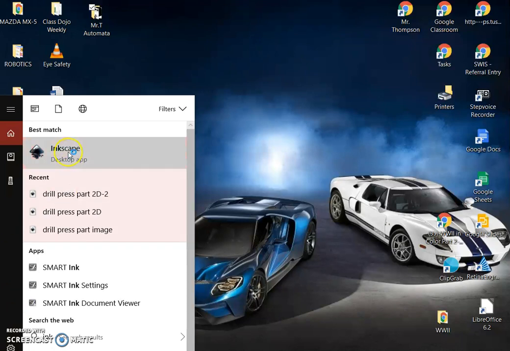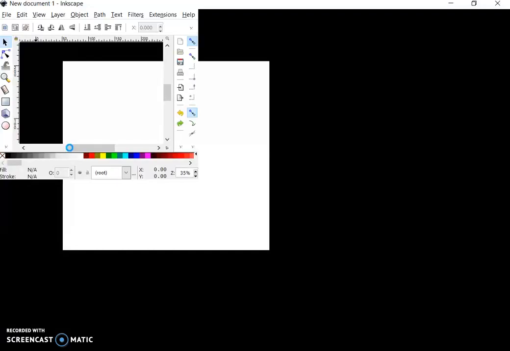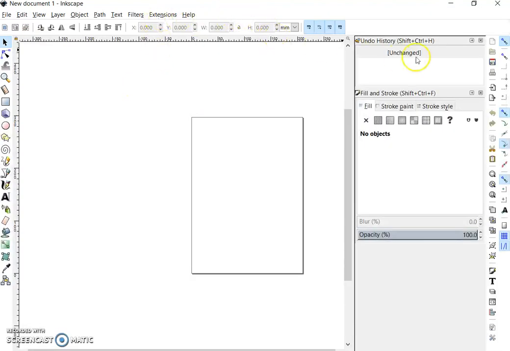Inkscape. I just searched for it this time. Open that up. Okay. Sometimes that takes a while to open. It's kind of strange. So be patient on that. This one's trying to open. There we go. Okay, so now what you're going to do is open the file, the black truck file, or